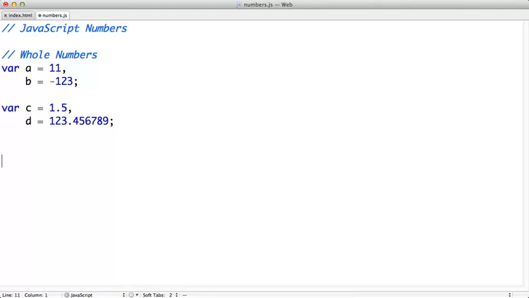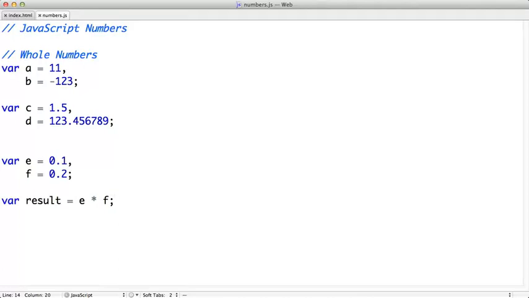So let's take an example. We'll create a variable called e, which is 0.1. We'll create a variable called f, which is 0.2. So if we create a variable called result, and we'll set its value to e times f. The asterisk here is the multiplication operator, so we're multiplying 0.1 by 0.2. Now, we would expect the answer to be